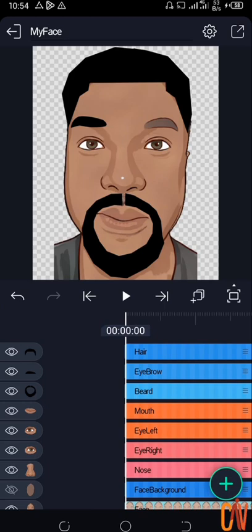It's always good for you to name all your layers, so with just a glance you know what is what. Even aside from the glance, on the other side of your screen where you have those eye icons, everything on your screen is depicted in an image on the side. But it's always good that when you look at your layers, you know what it is. So our next move is to